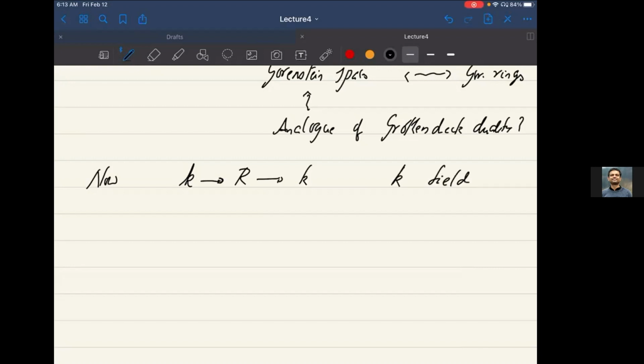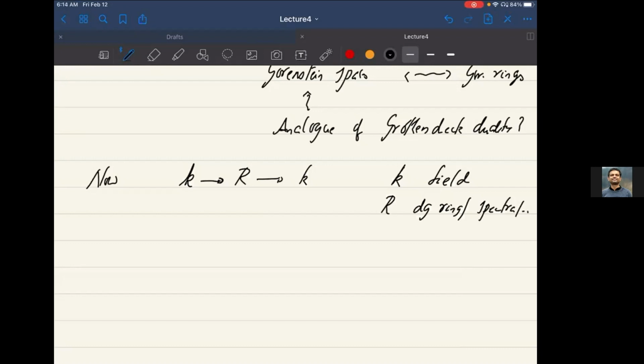Although, as I alluded to earlier on, it's interesting to allow other coefficients here, ring objects. And R might be a ring or a DG ring or a spectra or whatever. And I don't even want to assume that it's commutative, for reasons you'll see later on. And then maybe, if you're in the spectral world, you want to take the Eilenberg-MacLane spectra of K or something like that.